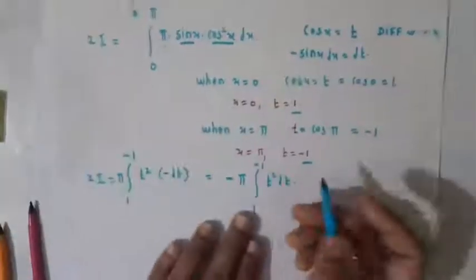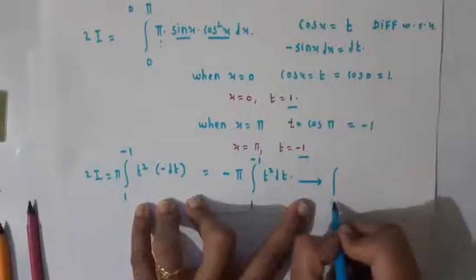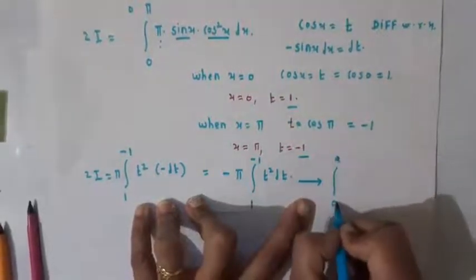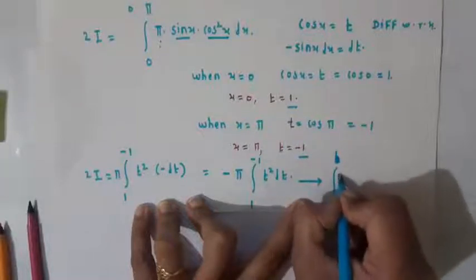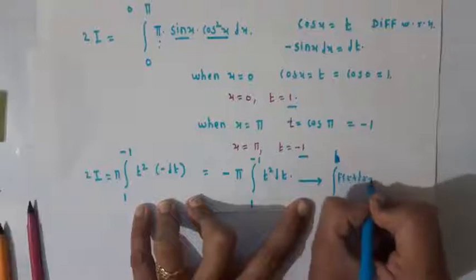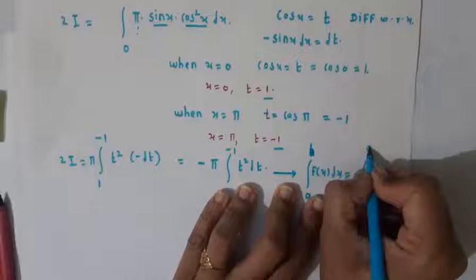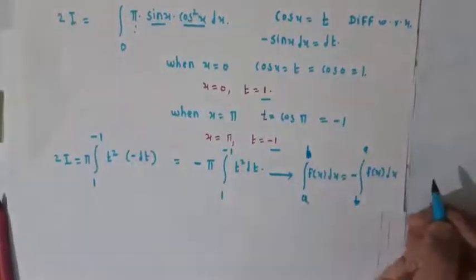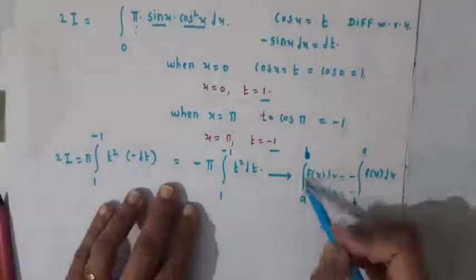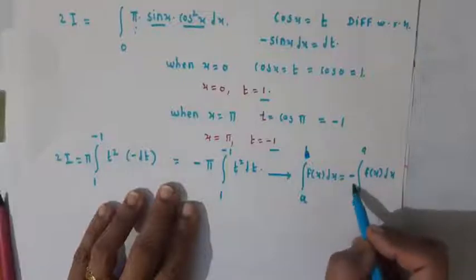Okay students, again by using this property. By which property? That is 0 to a to b. By the third property, limit of integration a to b, f of x with respect to x equal to b to a f of x with respect to x but with negative sign. Means if we interchange the limits of integration, then value of integration changes in sign. Okay, and according to this property,